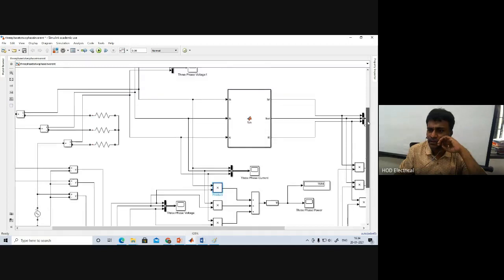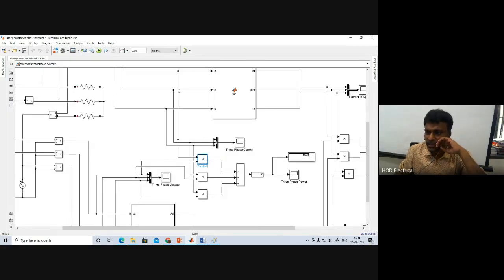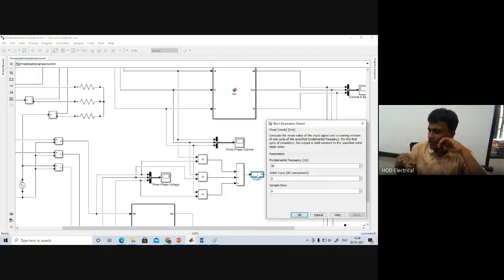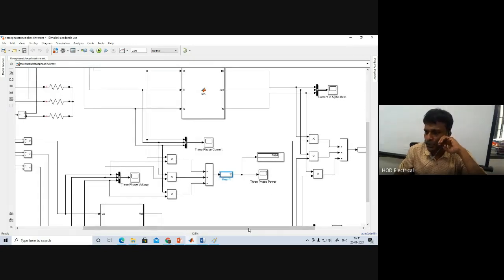In this three product, what I have done is I have chosen here IA into VA plus, here plus will come, IB into VB is this product, IC into VC is this product, combined. For understanding the mean value, just for a waveform is not proper, so for getting a constant value I have chosen here the fundamental frequency of 50 hertz, one mean value. So the display also I have connected.